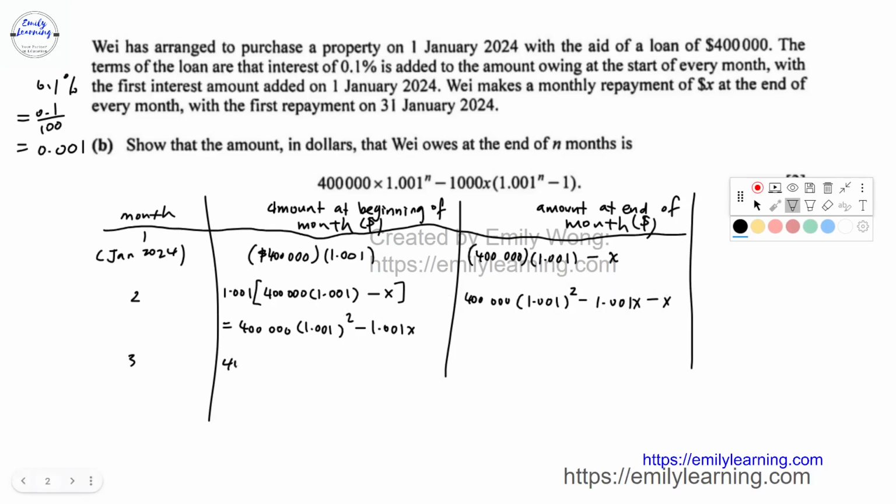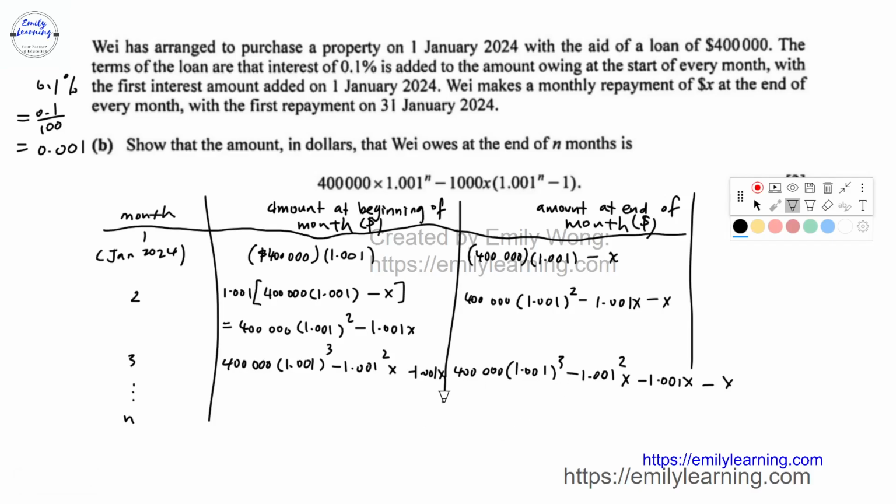So I end up having 400,000 times 1.001 cubed minus 1.001 squared X minus 1.001 X. Then at the end of the month, it will be this amount minus X, because Wei makes a repayment of X dollars. So $400,000